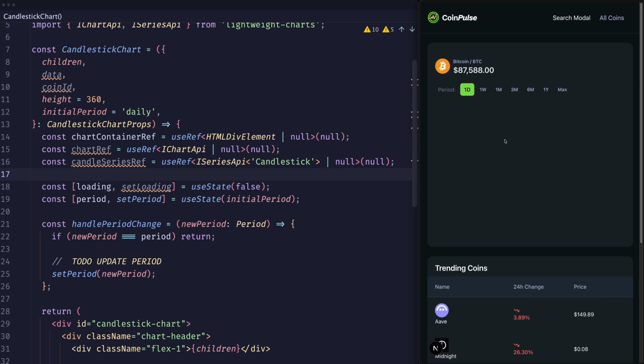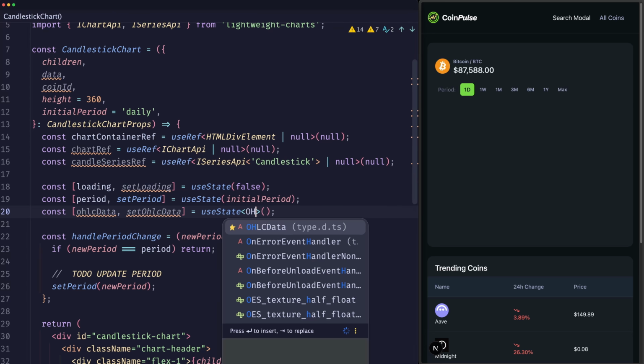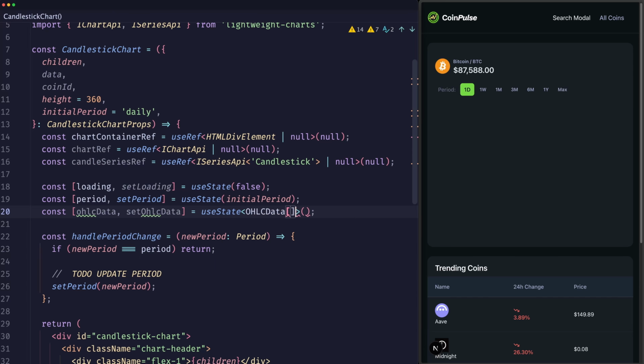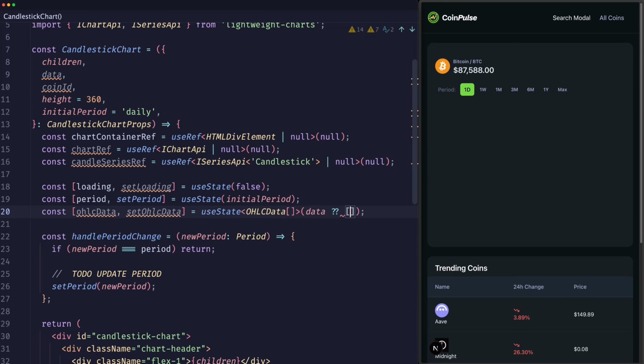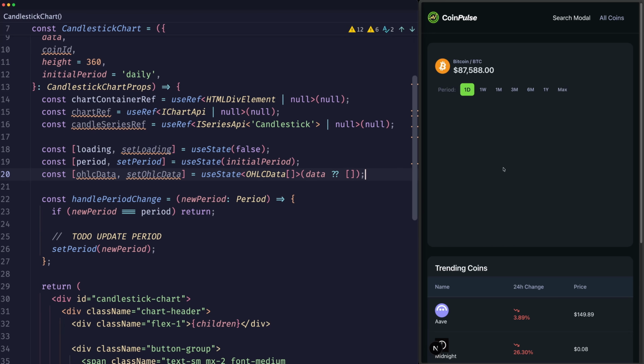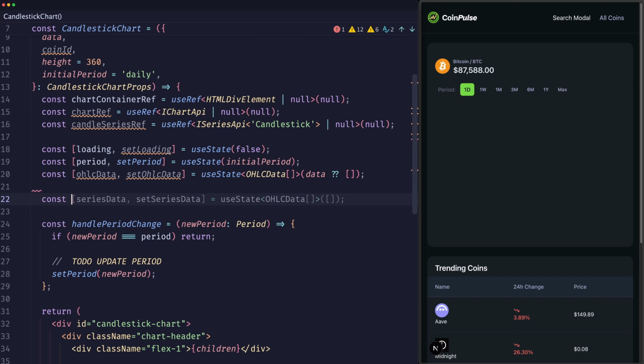And now we have to refetch the data for the chart whenever the period changes. So let's create a new useState right here that we'll call ohlcData. That's the data for the chart, and setOhlcData. The data will be of a type OHLCData, specifically an array of those data points, and it'll start as the data that we receive through props or just an empty array. That way we can initialize it as the data coming through props, but then if it changes, we can actually accommodate for those changes. We can do that by creating a new function, const fetchOHLCData, which is going to be equal to an asynchronous function